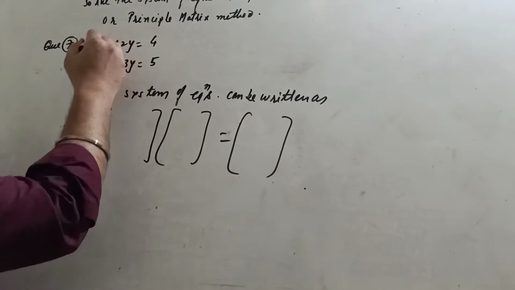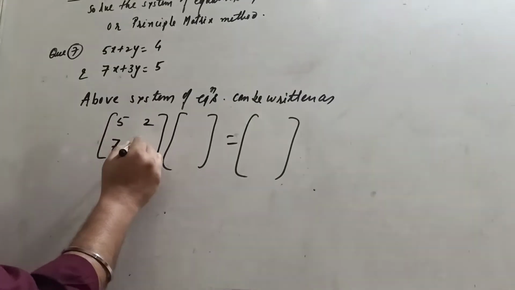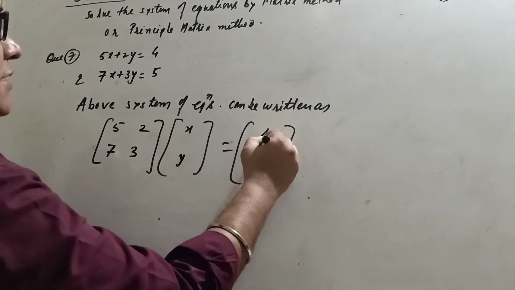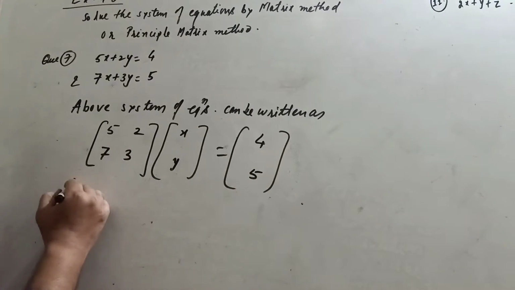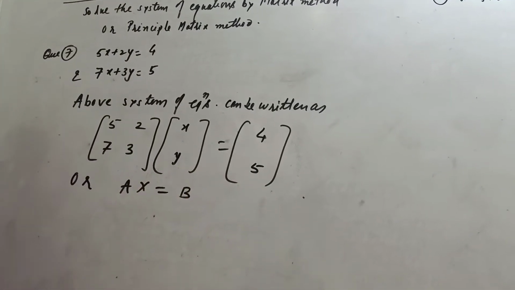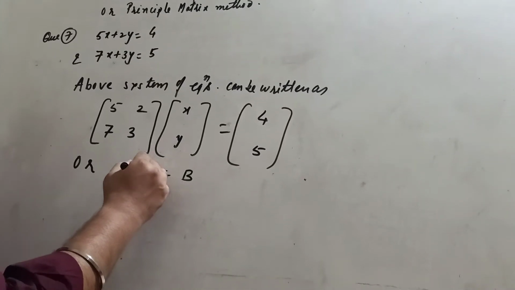You have to take the coefficients of x and y. They are 5, 2 in the first equation, 7, 3 in the second equation, and the variables are two variables x, y, and the right hand side constant values are 4 and 5. Or we can say that AX = B. Now we have to find X, where